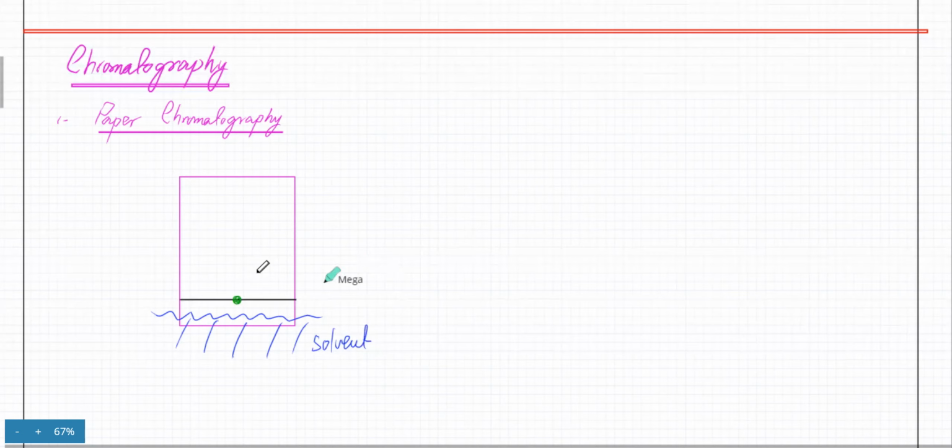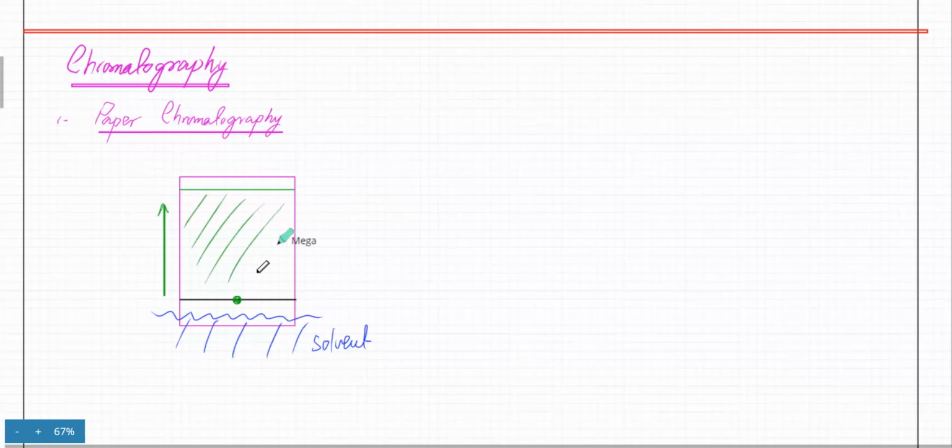So what happens is the solvent travels upwards. Okay, it starts to travel upward. For example, if you dip a tissue paper on one end, the entire tissue paper would become wet after a certain time because it's a very absorbent material. So chromatograms are very absorbent, and the water or the solvent starts to travel upwards. This would eventually become all wet by the solvent because the solvent is traveling upwards.